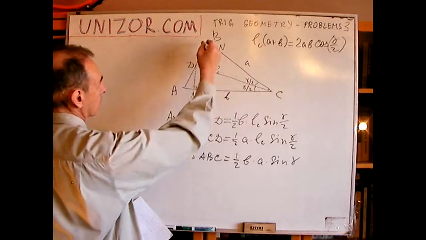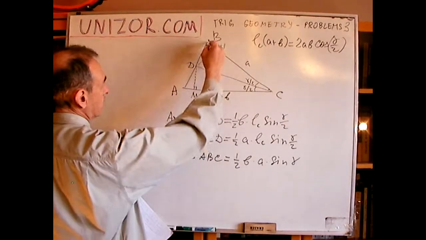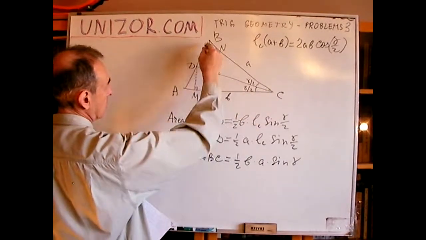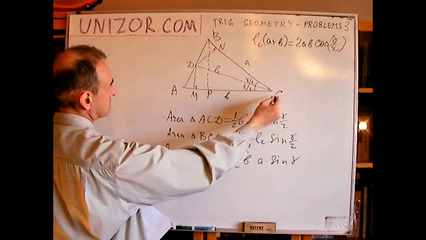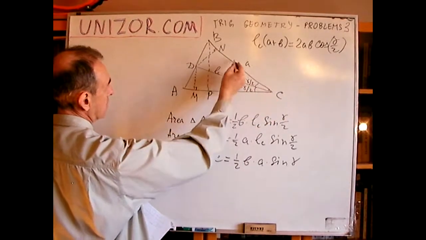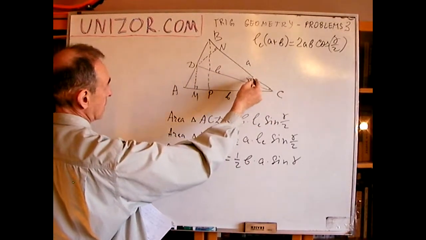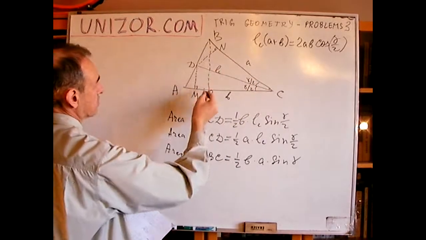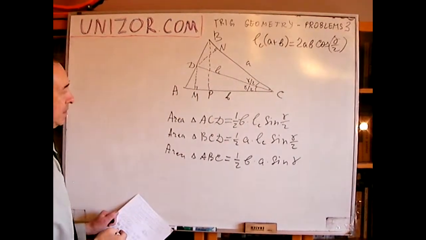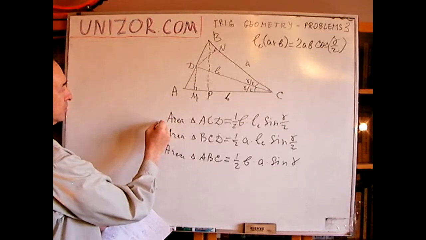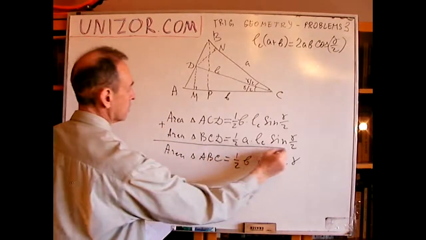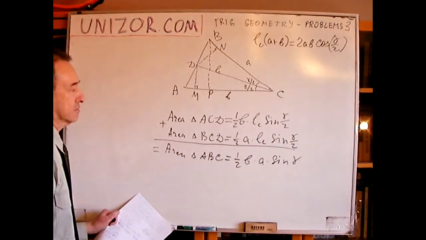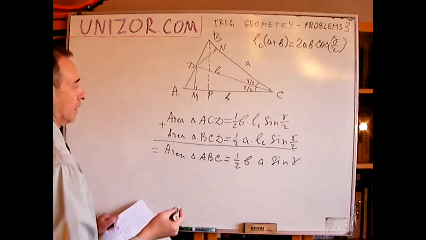From the triangle BPC, BP is the cathetus, BC is the hypotenuse, with length A, and the angle is gamma, so this is the opposite cathetus. Now, the sum of these two is equal to this, right? Well, therefore,